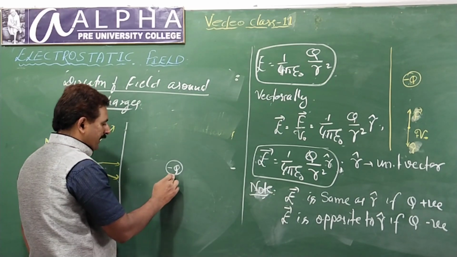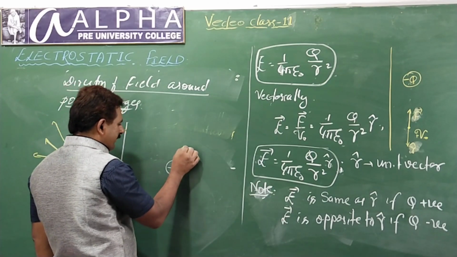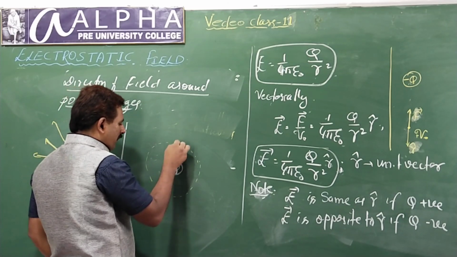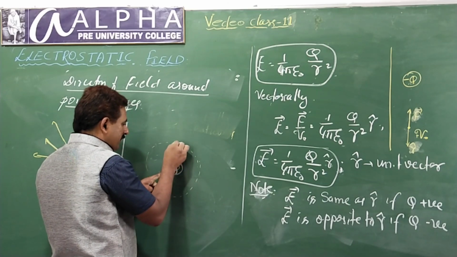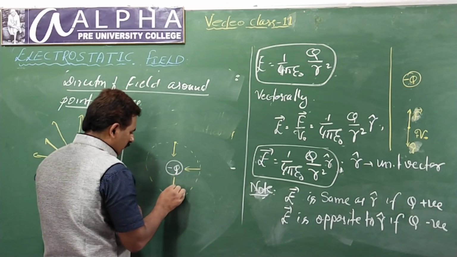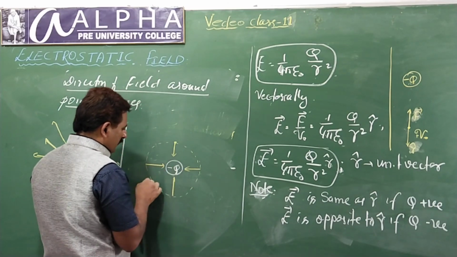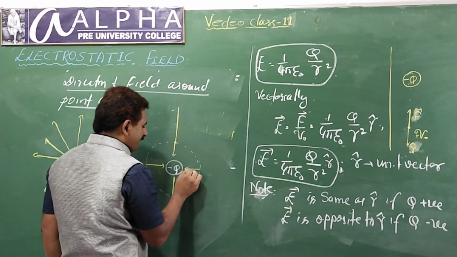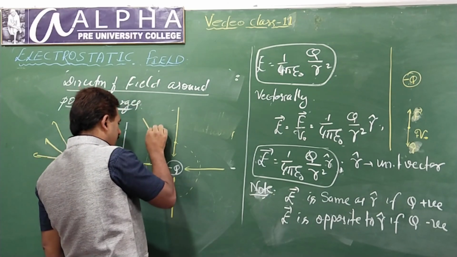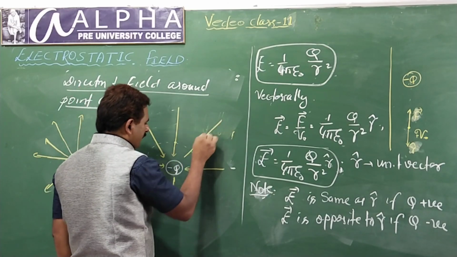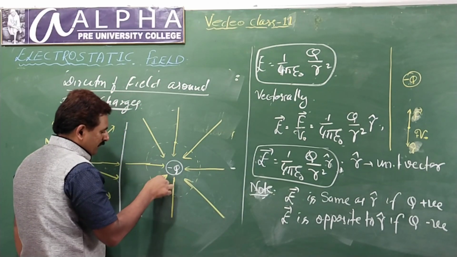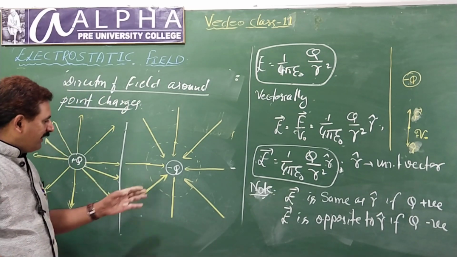Similarly, if you consider a negative charge, you consider some points around like this. You place a unit positive charge here. Because of attraction due to the negative charge, it moves towards it. Here also it moves towards it, here also, here also. You extend this line, you see as if arrows are entering the negative charge. Students, nothing will flow into the negative charge like how I have shown here, but it gives a feeling like that.